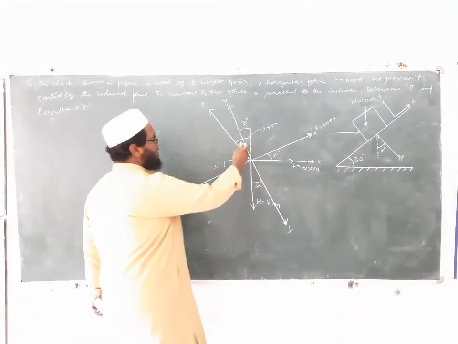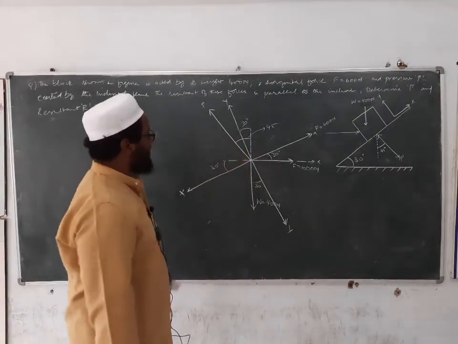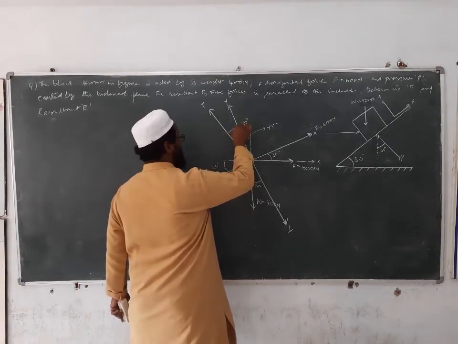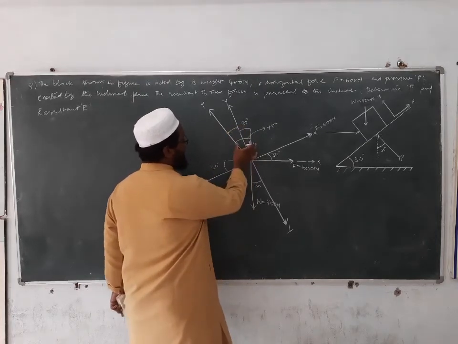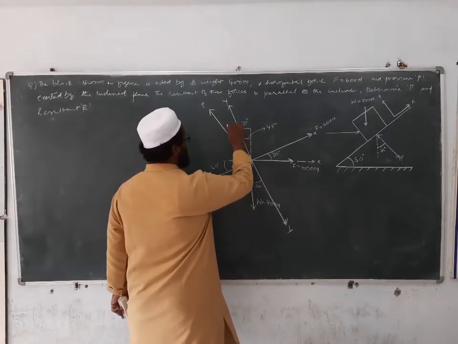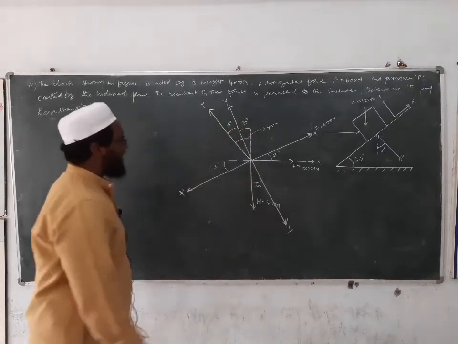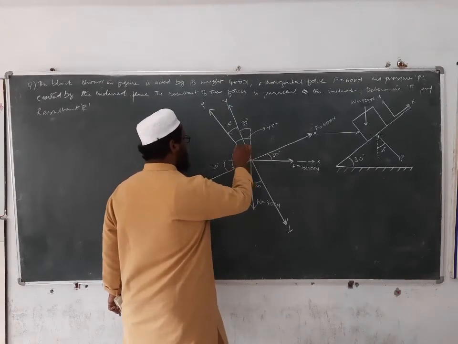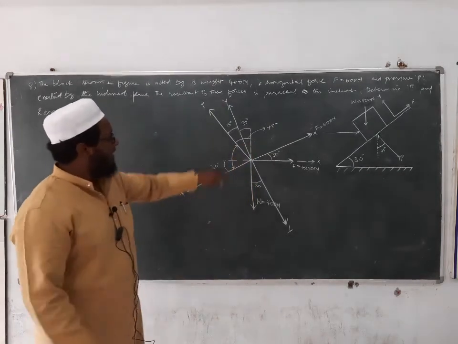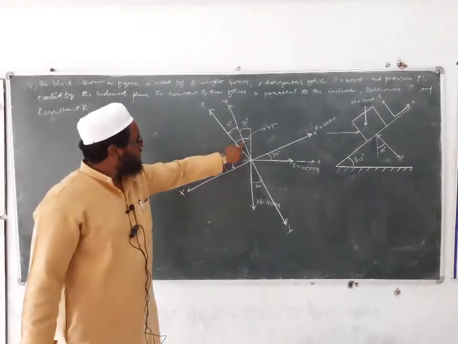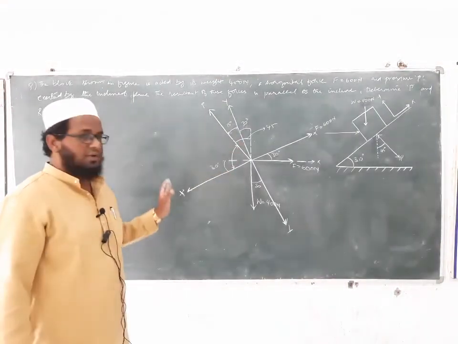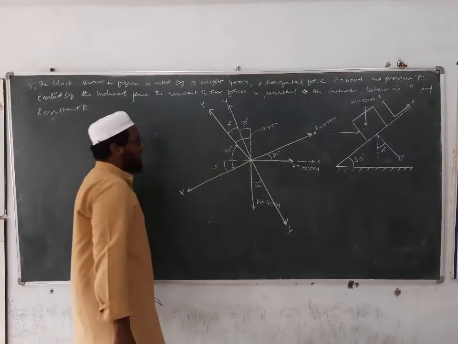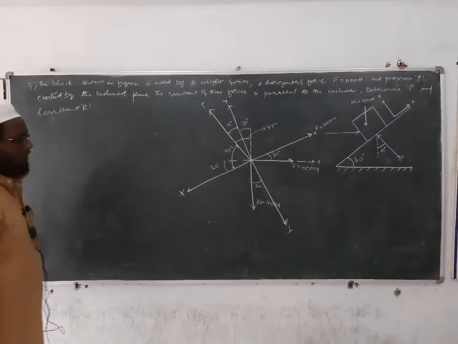See here, this force P is acting in which quadrant now? It is again in the second quadrant only, but the angle with the new xy axes according to the incline is, what will happen to this angle? Total is 45. 45 minus 30 is 15 degrees with the y axis. What about the x axis? 90 minus 15. The y and x are at 90 degrees, so 90 minus 15 is 75 degrees. Alright.